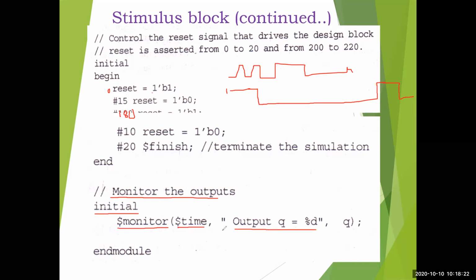So at every 5 time units, wherever the value has changed, it is going to compute the value and display the output for you. Same like in a C program where you write percentage %d, in the same way decimal values of q will be displayed. So this is the stimulus block. So now you have to verify the output.